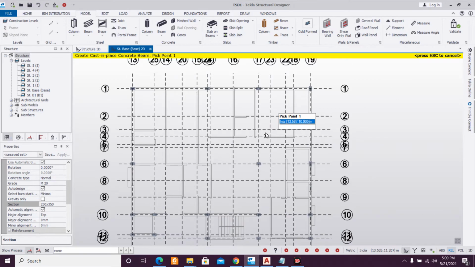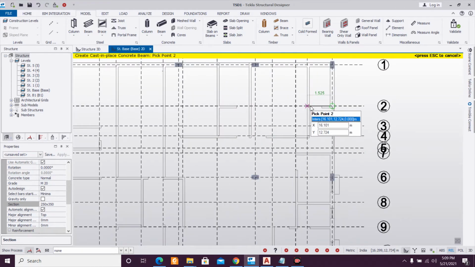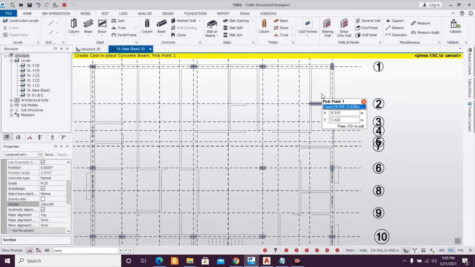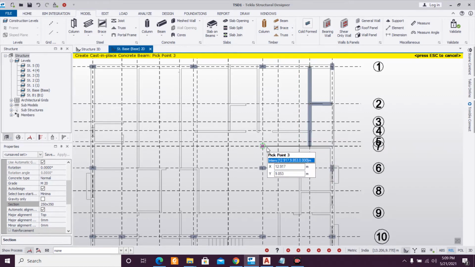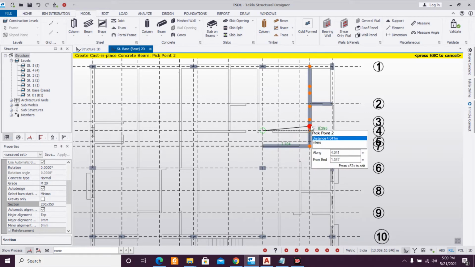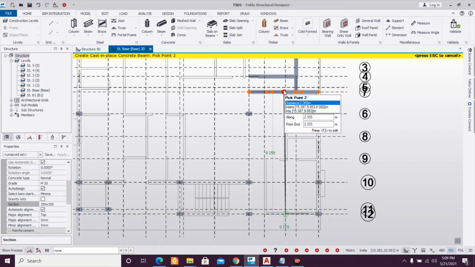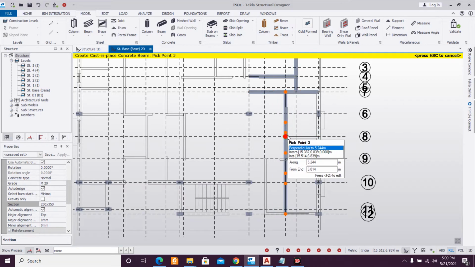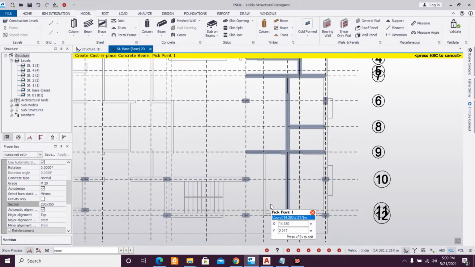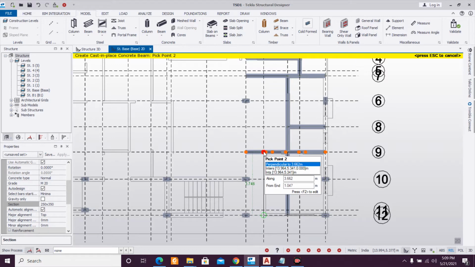So I'm taking normal size, and secondary beams 1, 2, and then 1, 2, 1, 2, 1, 2, and 1, 2.